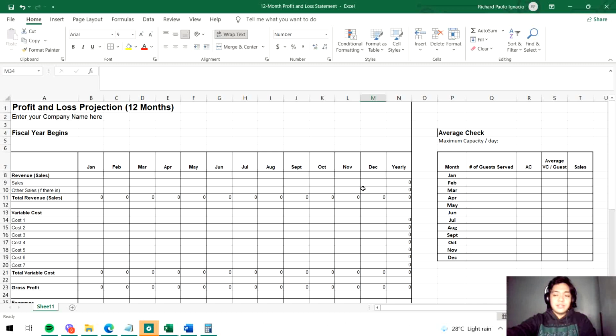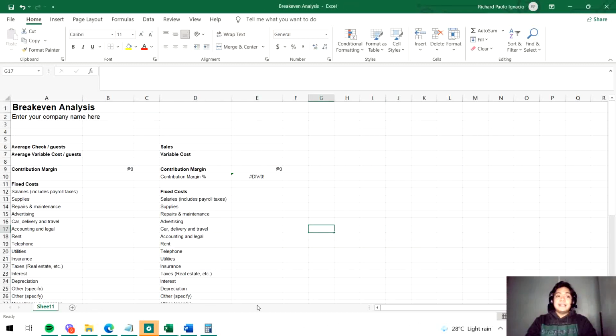And in the previous video discussion, we already tackled the startup expenses. Now we're going to tackle the profit and loss statement or the income statement and the break-even analysis right over